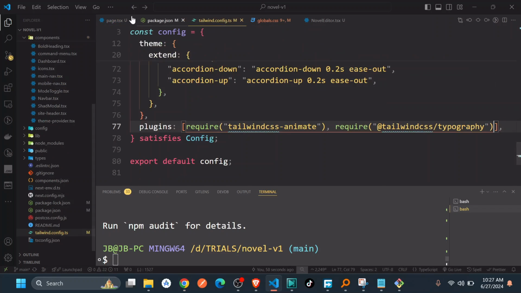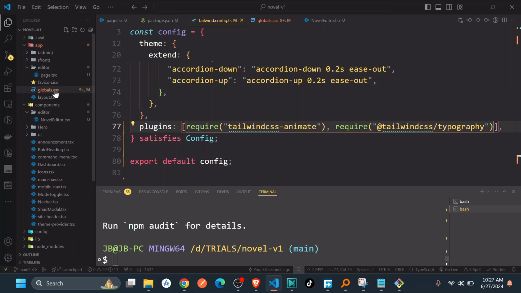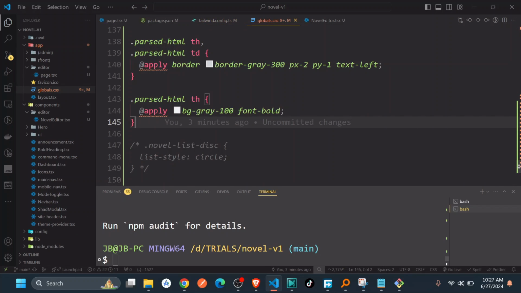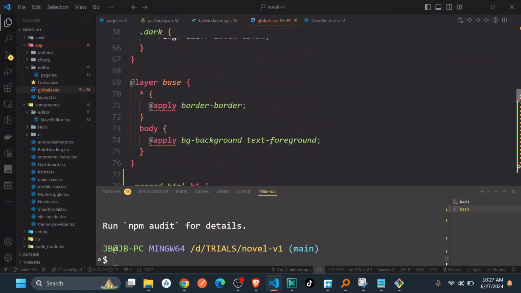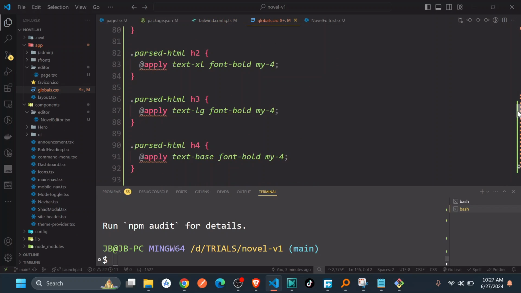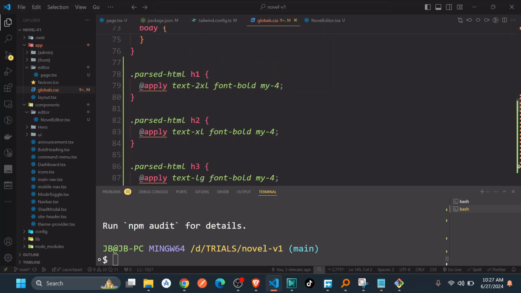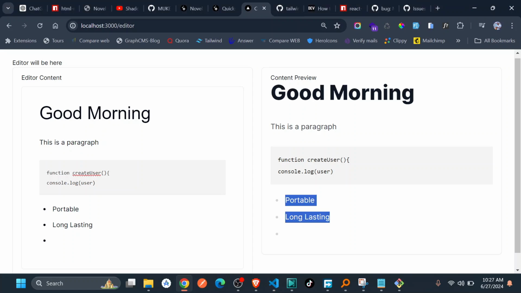It's going to be up to you to decide which one to use. You can use the ones I added here. I manually added them, and this one also gives you control over them. You can see heading ones, I gave them text, then H2s, H3s, and all that. So you can style them the way you want. Okay, but